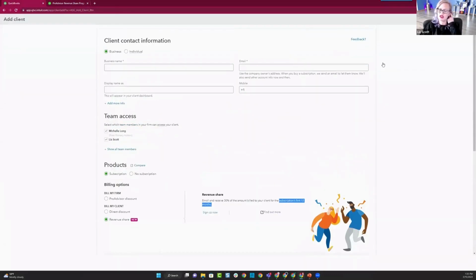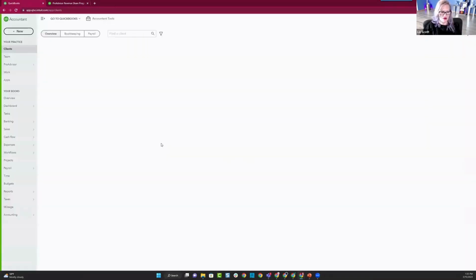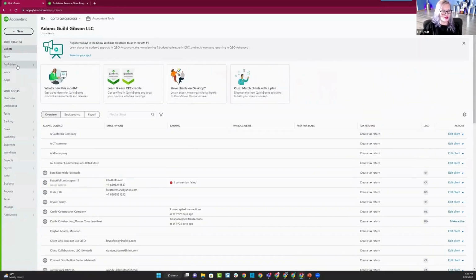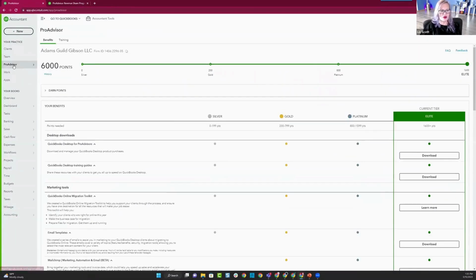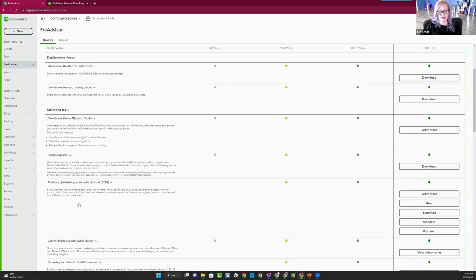So if I come back over here, and again, I'm in a demo file, but what they're referring to is the benefits area. Right here, whenever I'm looking at my benefits, this file has got elite status, and it's based on the points that are calculated for the various different areas.